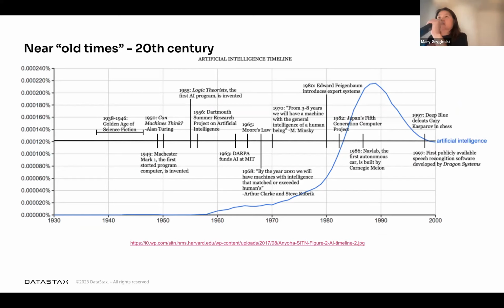Now a bit of near-time history on this field. As you can see, in the 20th century there is a lot more activity going on, especially around or after World War II. There was a lot of interest coming up. Alan Turing, in 1950, was talking about whether machines can think. All of these things led to the developments that eventually brought us to where we are today. I think it's really exciting.